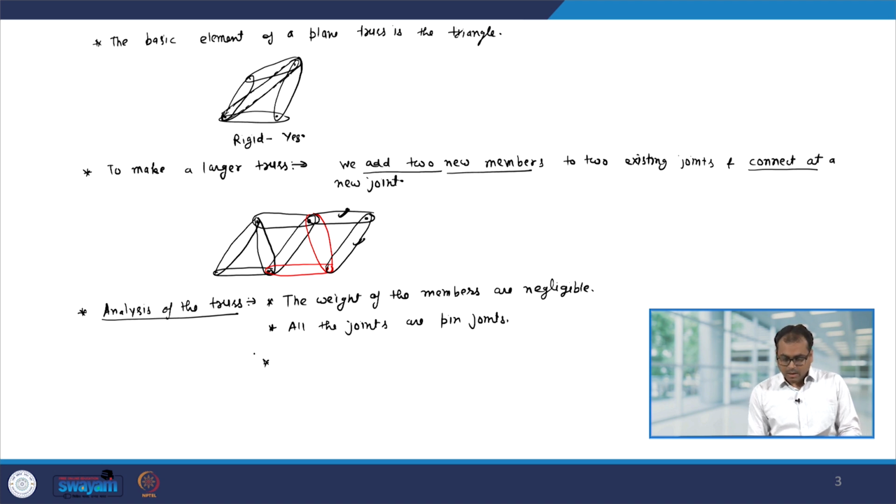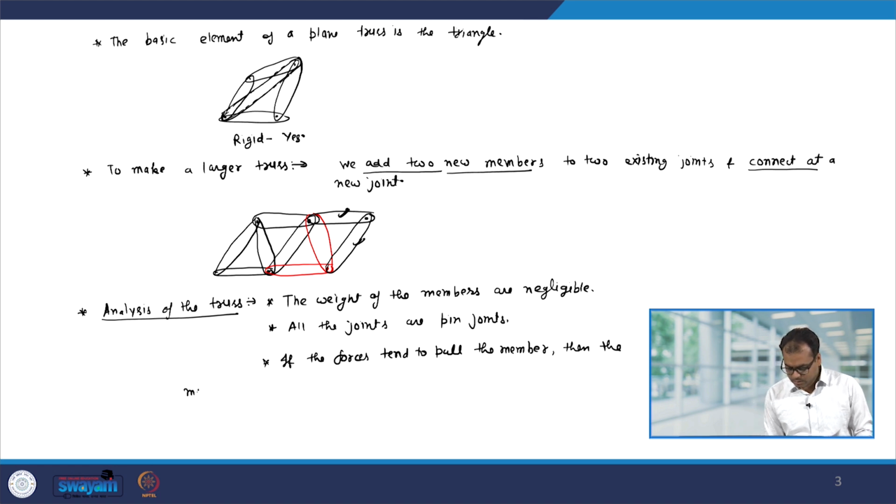Now, in these trusses, you will see that there are members and sometimes these members are under tension or sometimes they are under compression. So, let us see in which case they are under tension and in which case they are under compression and what is the meaning of that. If the forces tend to pull the member, then the member is under tension,